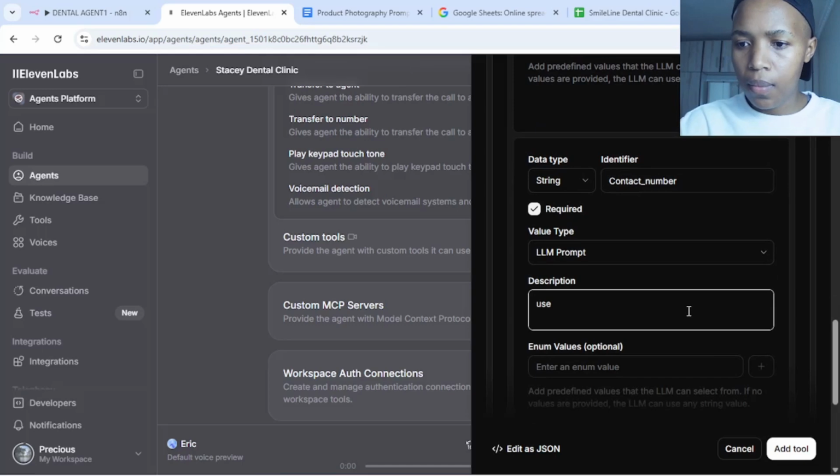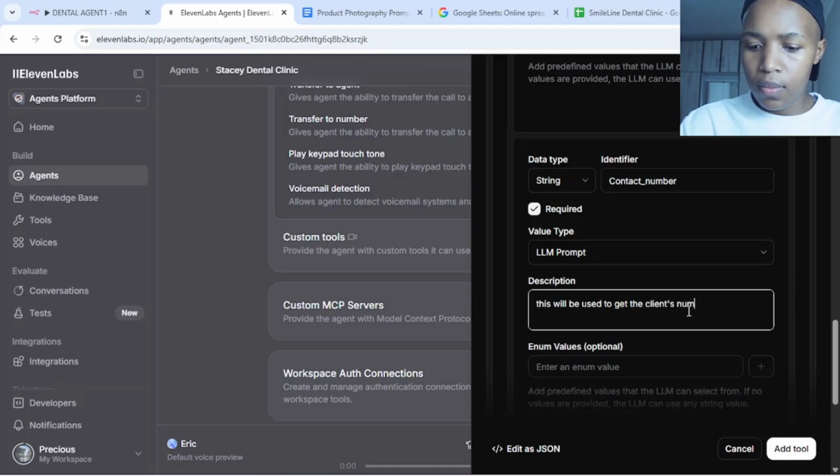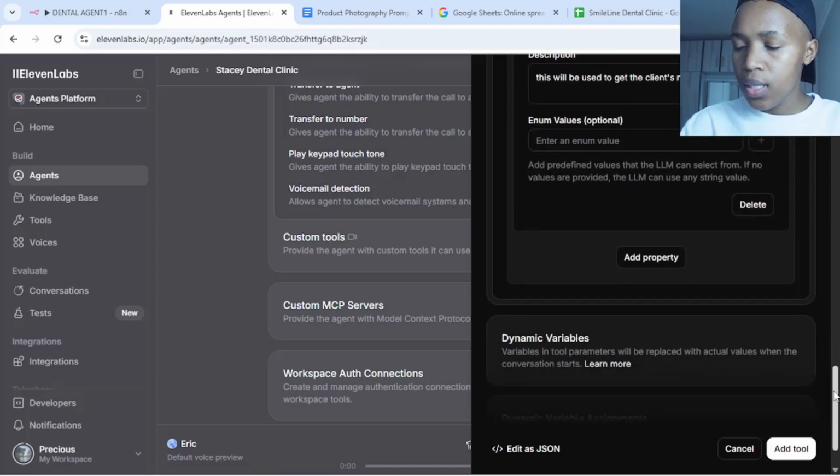Okay, here we can say this will be used to get the client's number. Okay, and then we said it's the date, it's the name, contact number,